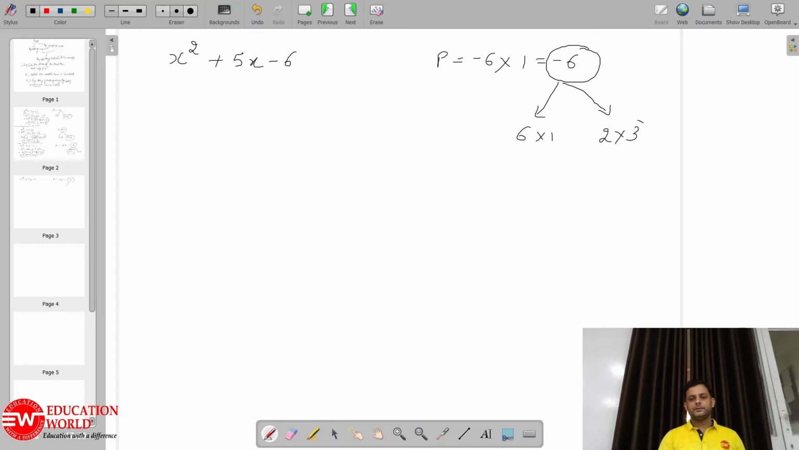Now which is applicable? This is not applicable. This is applicable. The reason is the product is negative. Whenever the product is negative, you have to search for the numbers whose difference is the middle term. So the middle term is 5. So difference you can write here for better understanding. Difference is equal to middle term. Here it is